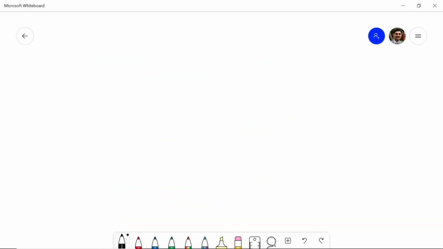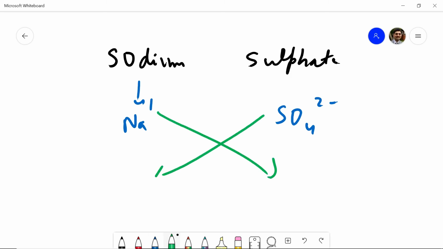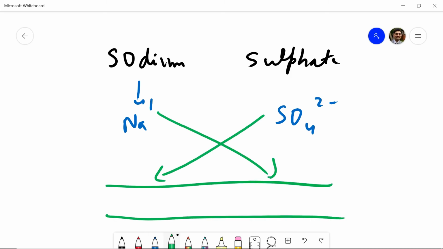We take a few more examples like sodium sulfate. So sodium symbol is Na and sulfate is SO4 2 minus. So sodium valency is 1 and sulfate is 2. So now second is crisscrossing these valencies or charges. So 1 changes to 2, so Na2 and SO4 how much? SO4 is 1. So the formula is Na2SO4.